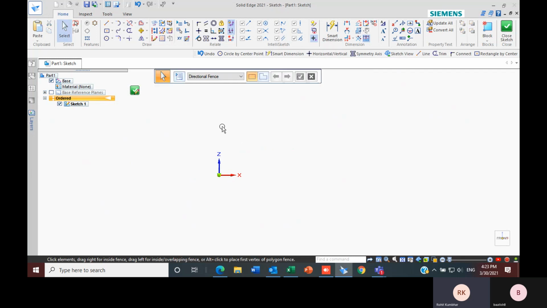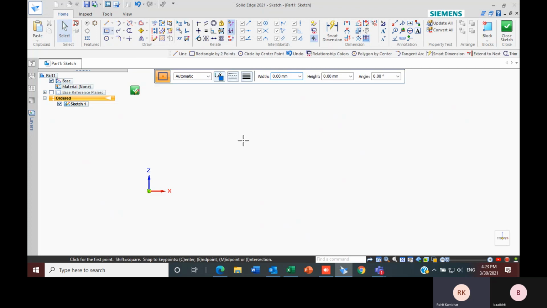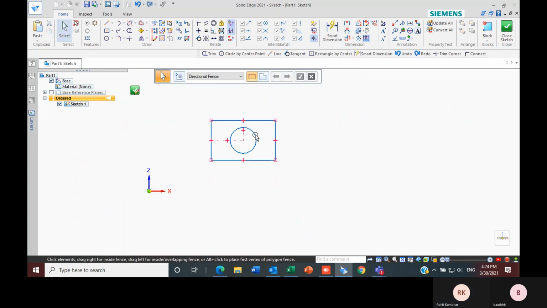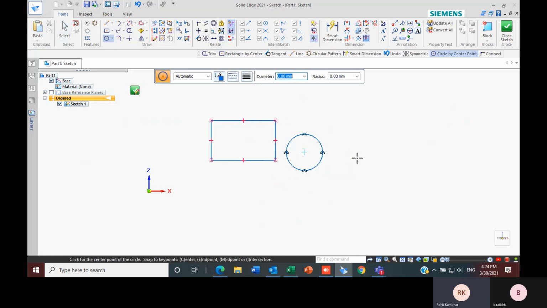relationship. Let's say there are two sketches which are at a specific distance. This is my first sketch, and let's say this is my second sketch. If I try to move this circle, it is moving singularly.